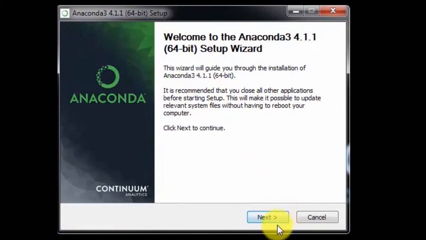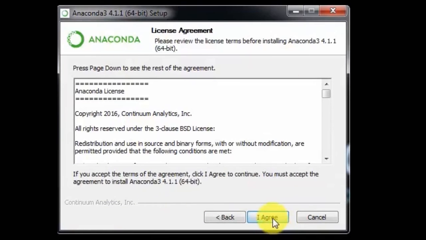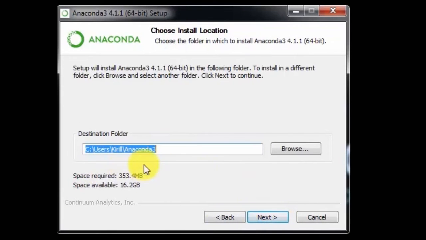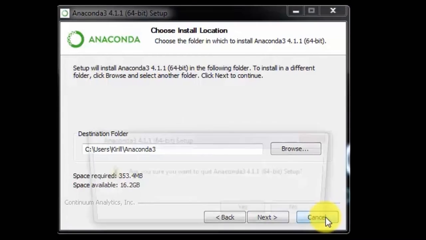Then just go through the installation process. It is going to ask you where you want to install, then agree to the license, and who you want to install it for. I usually recommend installing into the default folder. There are a couple of other questions, so just go through this installation process.